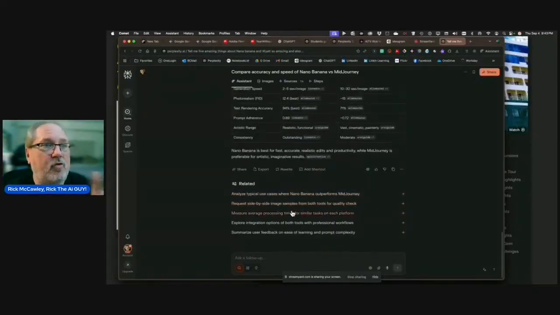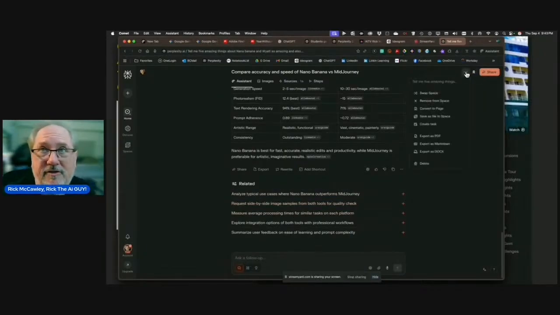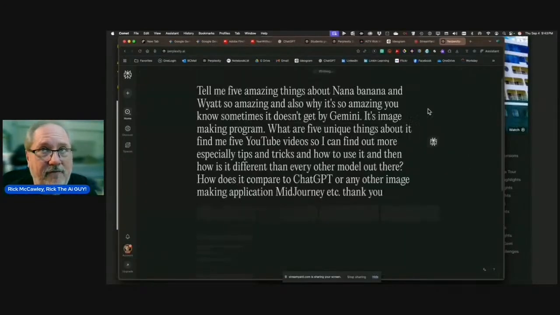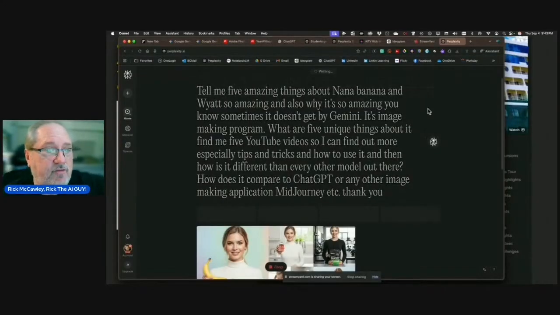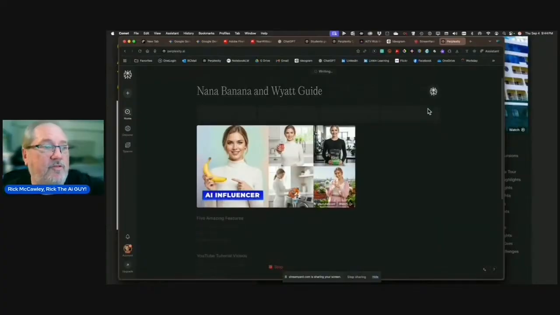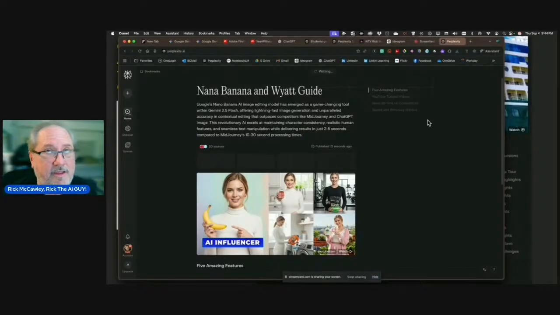Okay, so that's cool. And then what I want to do is share up here. I can bookmark it, and then this is what else I can do. I can convert it into a page. Okay, so we said this is a thread. That means all the stuff's there. When I convert to page, it'll take a second. It's going to make a headline. It's going to find a picture to go up top. It's going to give you images that go along with everything that you're doing. And it's going to put all the citations there into what looks like a beautiful chapter by chapter rendering of what you just said.